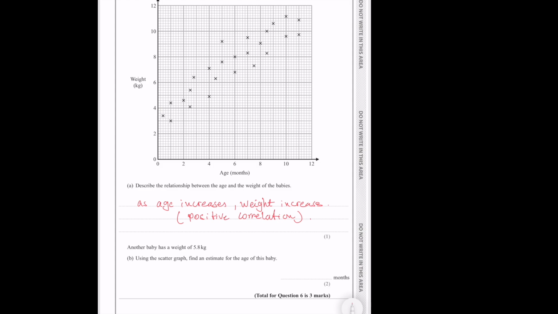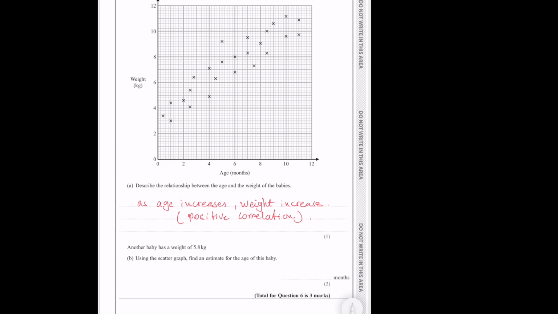And then the next question: another baby has a weight of 5.8 kilograms. Using the scatter graph, find an estimate for the age of this baby. So the question is very tricky here. It doesn't ask you to draw the line of best fit, but they do it all the time like this. Apart from AQA, where they say plot the line of best fit. At Edexcel, no. So you have to not just go to the weight